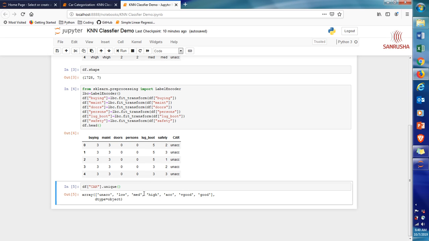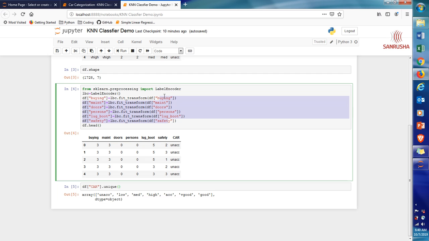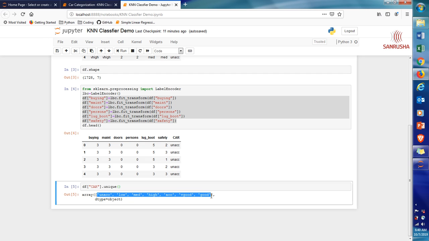You have to group cars among these 7 types of acceptability. So there are about 1728 records. You have to predict these classifications. On future data, if you have these 6 attributes available of the car, you should be able to predict whether it is among one of these 7 categories of car. Okay, so let's move on.